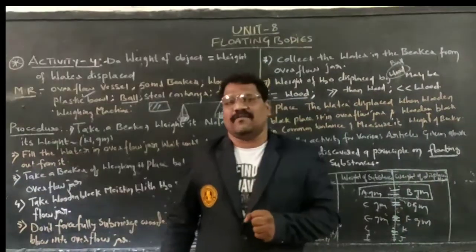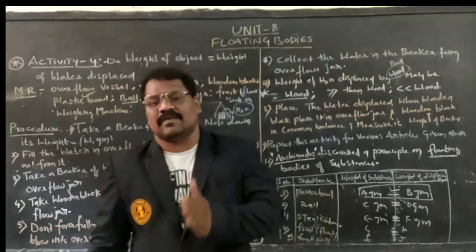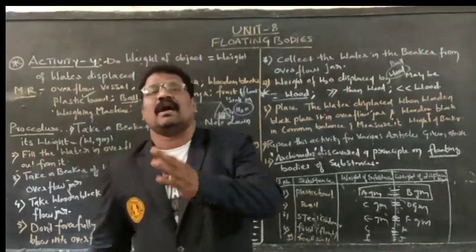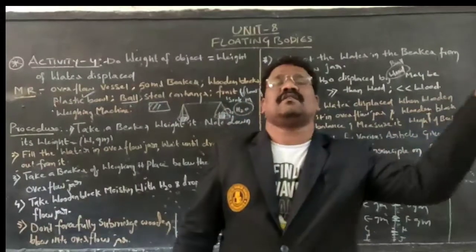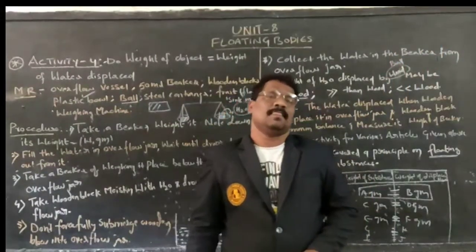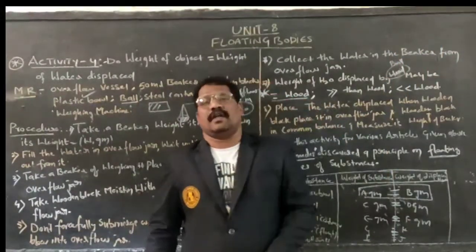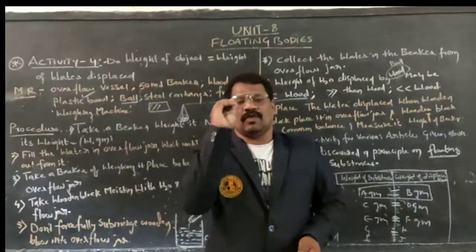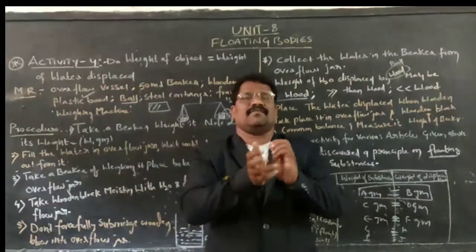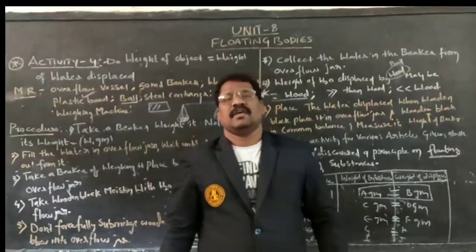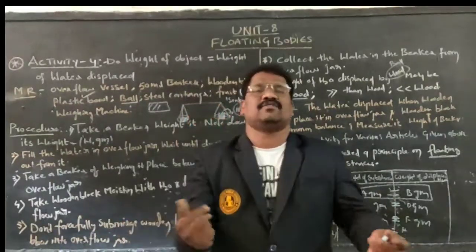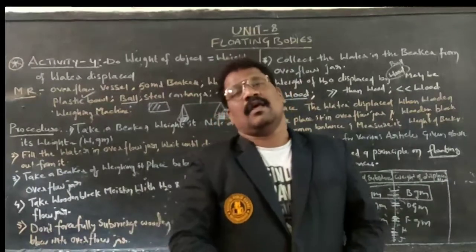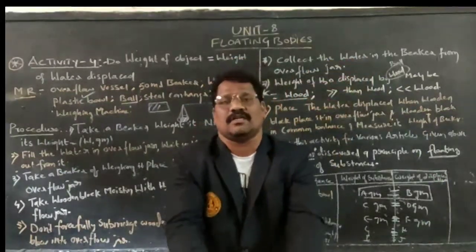Activity 5 gives information about making aluminium float on the surface of water. Take an aluminium foil and some water in a beaker. Wrap the aluminium nicely into a round ball and throw it onto the surface of the water. What happens to that aluminium foil? The aluminium foil sinks into the water.